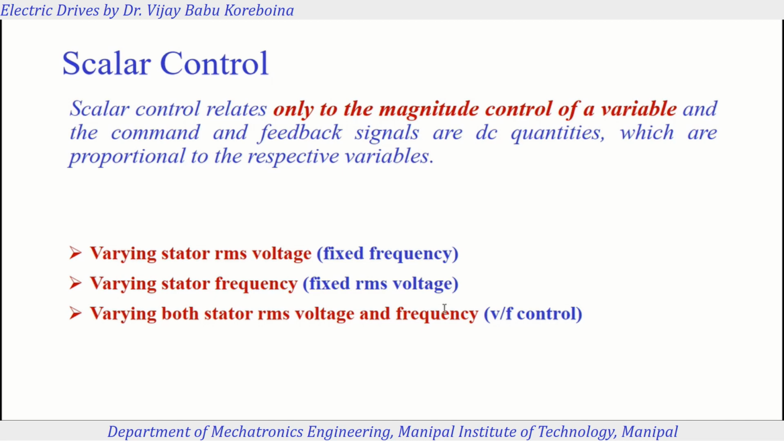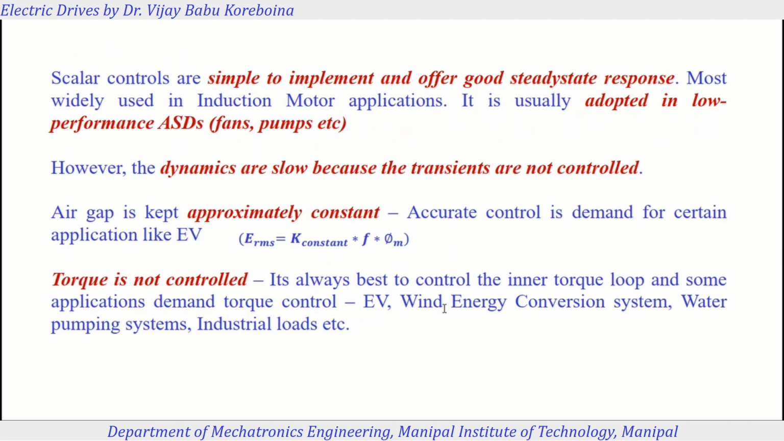So what would be the advantage and disadvantage of this one? Scalar control is simple to implement and offers good steady state. So no problem with the steady state. At steady state, it goes to steady state variables, like V is maintained constant, everything, that's fine. The transient part, that's what I'm saying. When you apply voltage, it will take certain time to go to the steady state. So during this transient, the dynamics are very slow. So you're not bothered about the transient part. So it's very simple to control, scalar control,